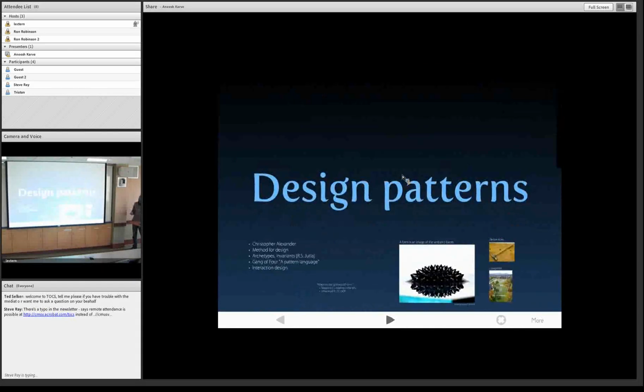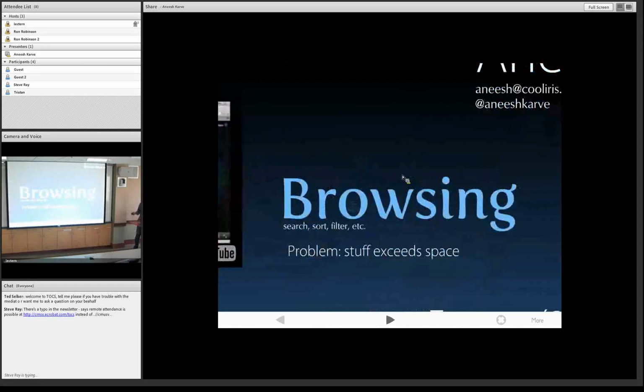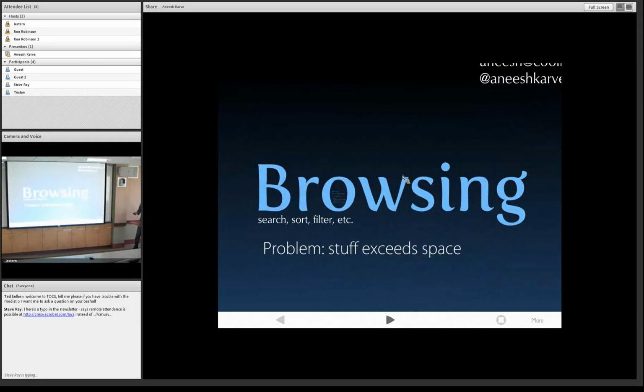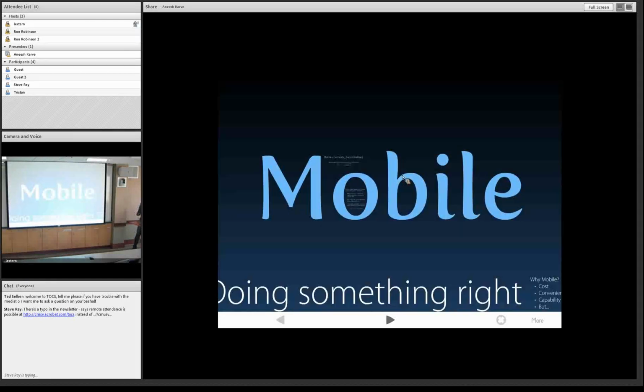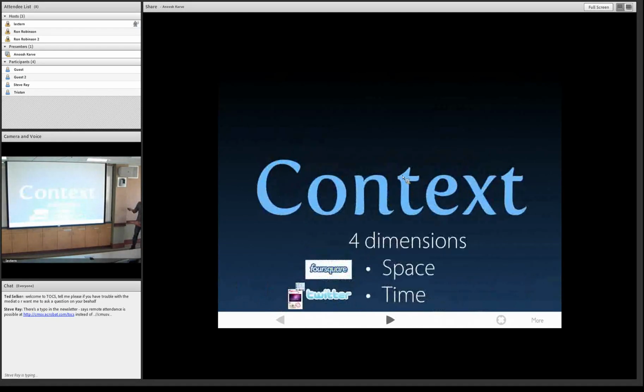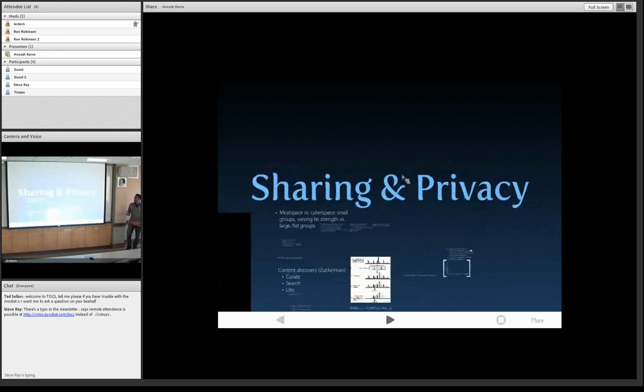So there's 5 main areas we're going to talk about today. So one is we're going to define design patterns. The next thing, we're going to talk about browsing in general. Then we're going to move on to mobile interaction design and how that's influencing our thinking around media throughput on devices with limited viewports. Then we're going to talk about context. And this is a word you all have heard, content is king. People are now saying context is king. Well, one of the things that I think is missing is a compelling and simple definition. And we're going to solve that problem today. We're going to try at least. And then we're going to talk about sharing and privacy.